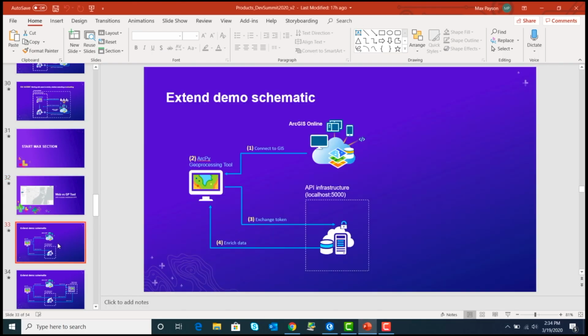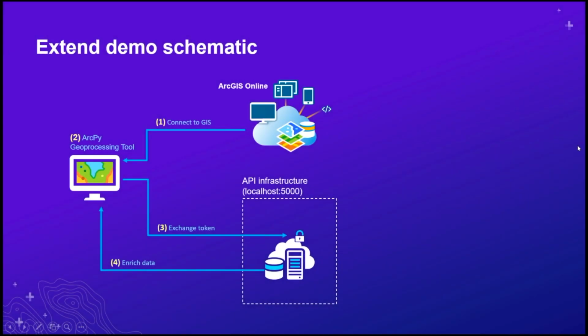Okay, so the way that this works, just to quickly look at the schematic again, is in Pro, I can connect to ArcGIS to access the data where I maintain the data. In this case, I'm connecting to ArcGIS Online to pull in that layer representing the 50 largest cities, and then I'm inputting those 50 largest cities into my ArcPy custom geoprocessing tool. That geoprocessing tool is getting information about the logged in user and using that information to get a token from